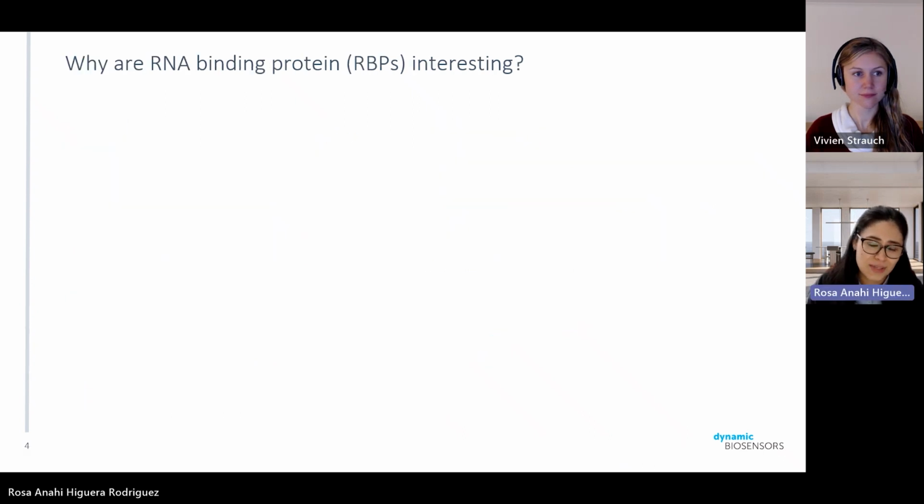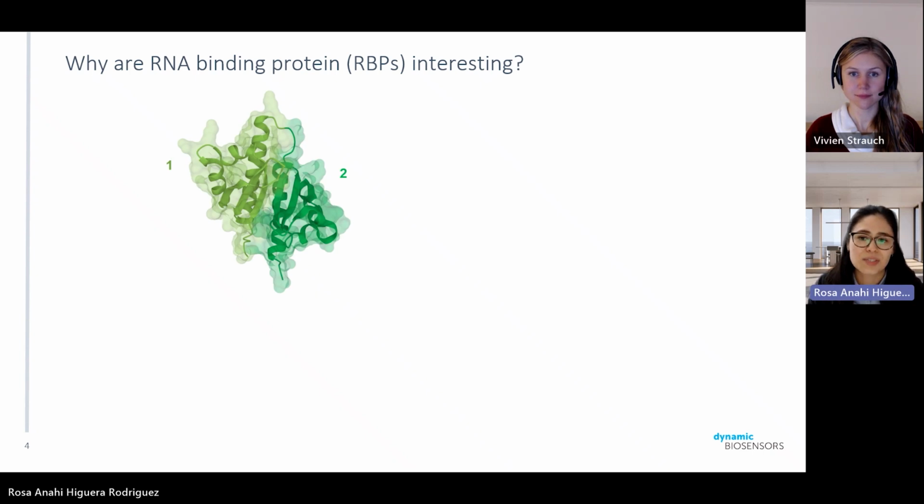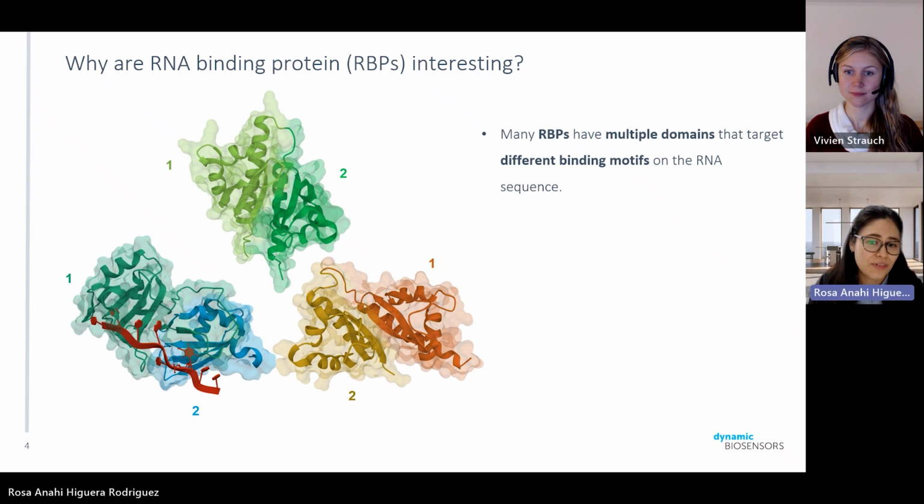Now, I would like to come back to the actual initial topic of measuring protein-RNA interactions. We know RNA-binding proteins, or RBPs, play key roles in the regulation of gene expression. Most RBPs comprise multiple RNA binding domains, such as RRMs, or RNA recognition motifs, KH domains, cold shock domains, etc., where each of these protein domains recognizes a specific RNA motif. These are also further affected by the cooperation of multiple domains, which enables the fine-tuning of